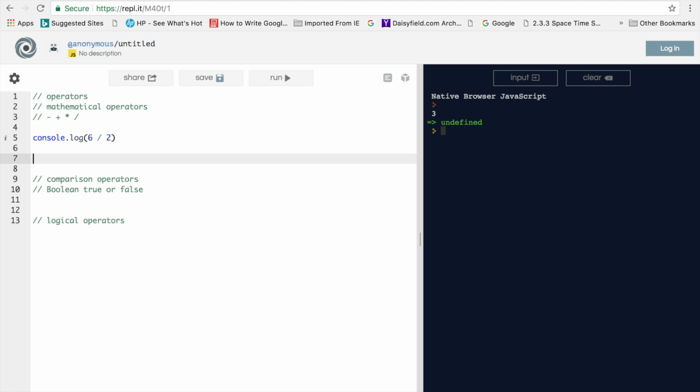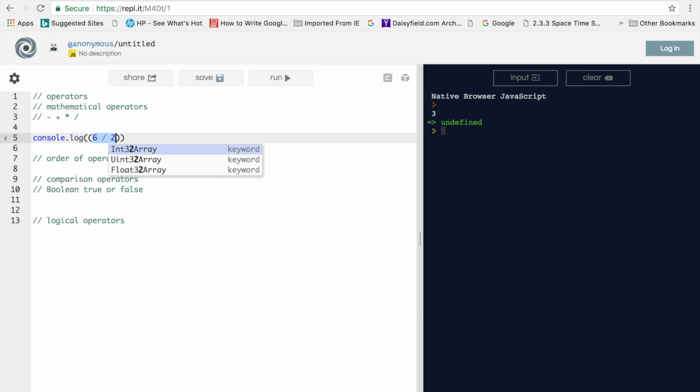Remember, when we're doing mathematical operators, order of operations counts. And that's PEMDAS. So if I have parentheses, not so much exponents for now. We won't worry about exponents for now. We're just going to go over our basic mathematical operators today. And if we did 6 plus 2,